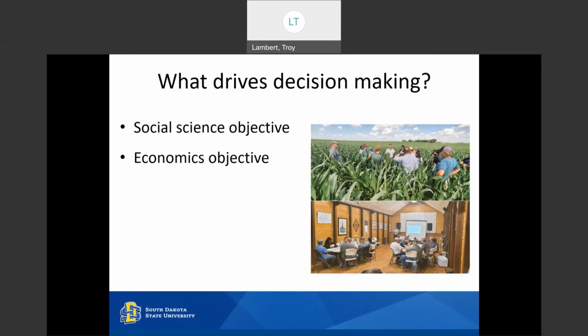One example is the yield monitor. It has been around since the early 1990s. Only 30% of farms have a yield monitor that's accurately calibrated. It's demonstrated that you can improve your profitability by knowing what's coming off your field, but only 30% of farms actually take the extra step to do that calibration.